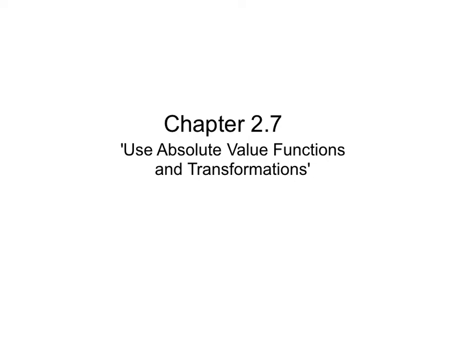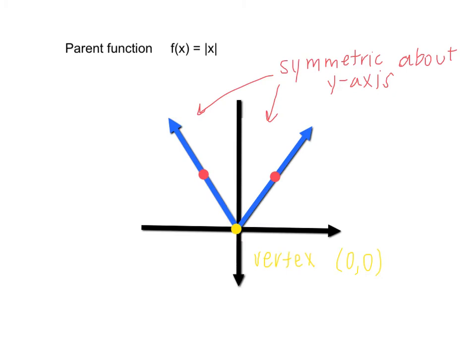Hey, this is chapter 2.7, use absolute value functions and transformations. So once again, we'll be using the concept of the parent function, that which is the most basic in a group of functions, which you'll probably remember as being f of x equals x for a simple linear equation. And now, since we're talking about absolute value, the parent function is f of x equals the absolute value of x. So when we graph this, we get this graph here, which is the blue graph,